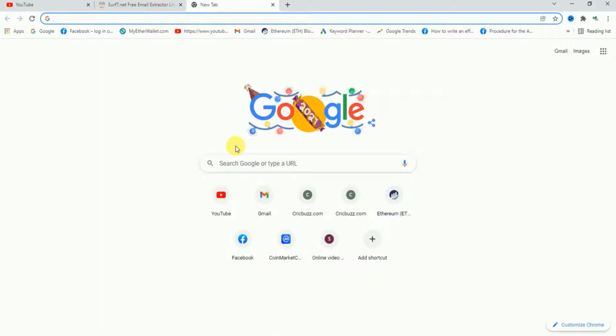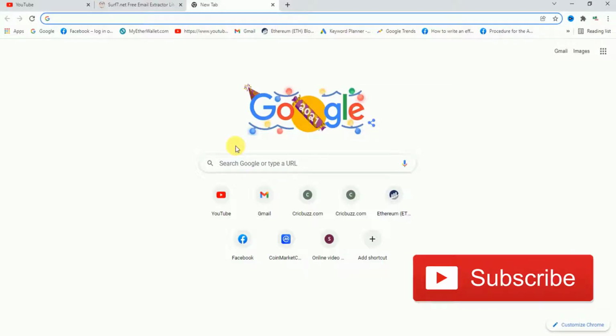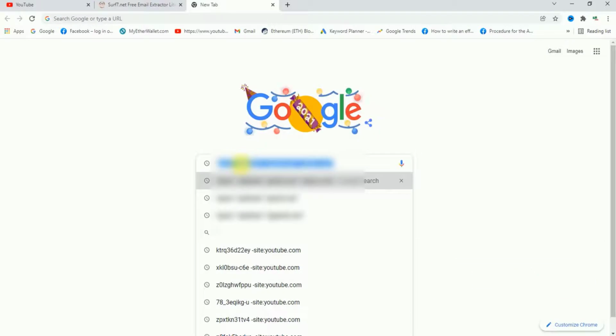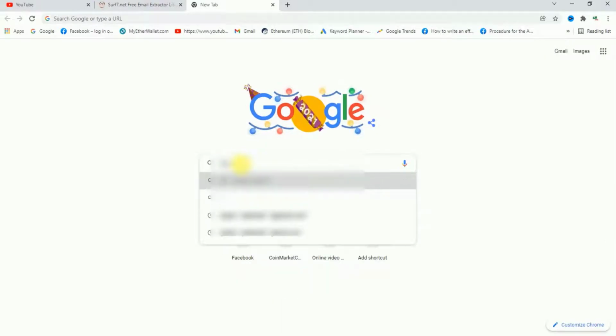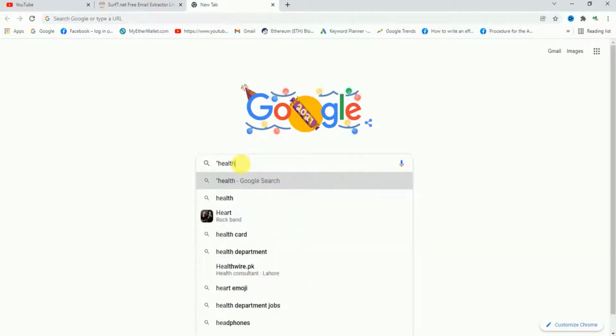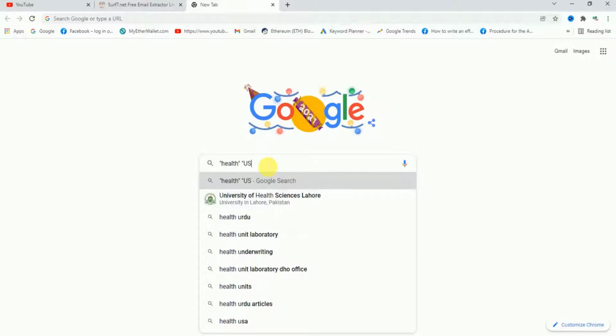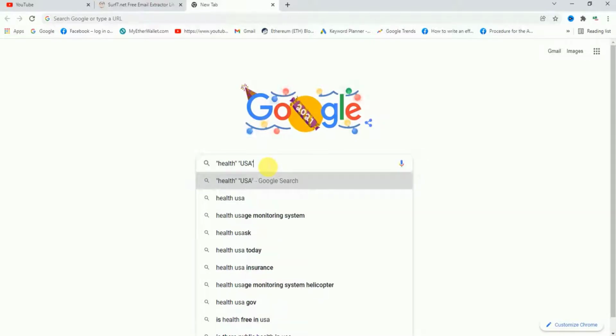Let's suppose that you just want to search for different emails related to health. So what you have to do is just write health, and after that you just have to select the location where you are targeting. For example, I will just target US. And after that just write the handle. For example, I will write as